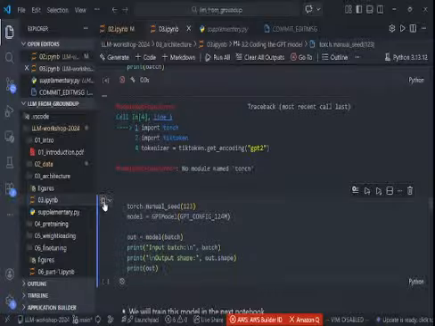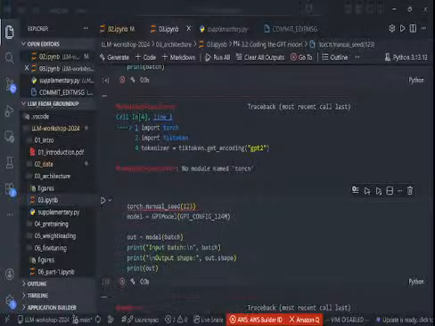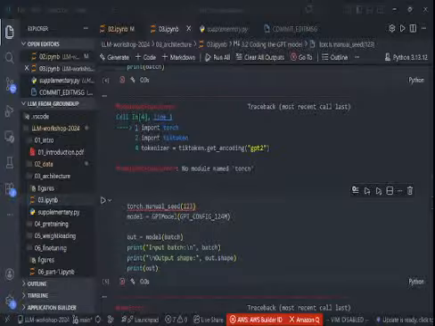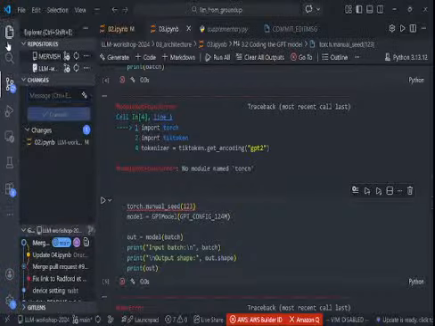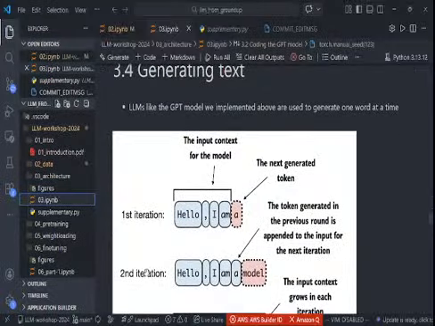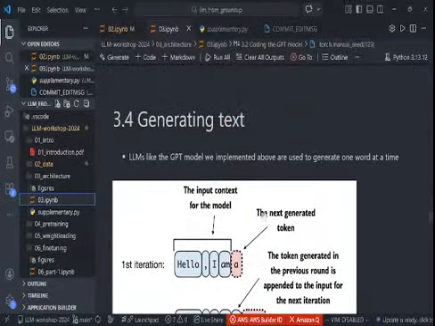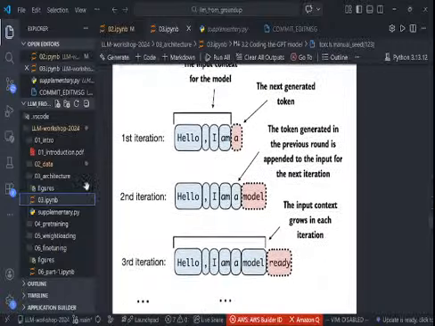And let's put this into the LLM and see what the results are. You can see the output shape is now 2 times 4 times 50,257. So this is the shape, and this is the corresponding tensor. What do these numbers mean? We have 2 input examples, right? So we have 1